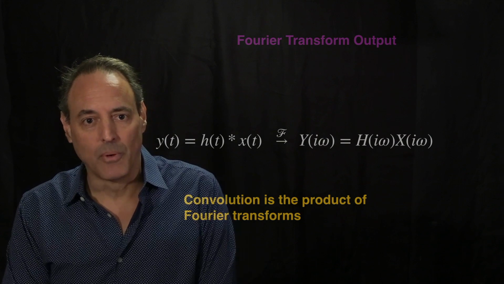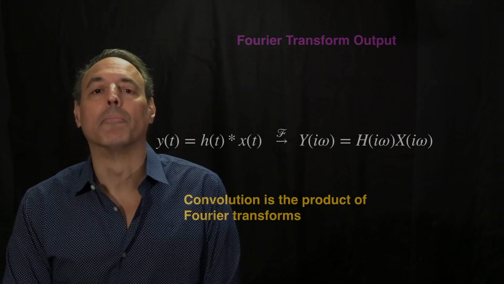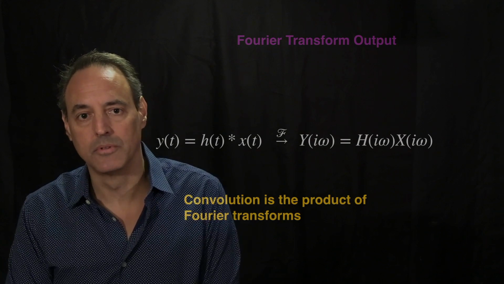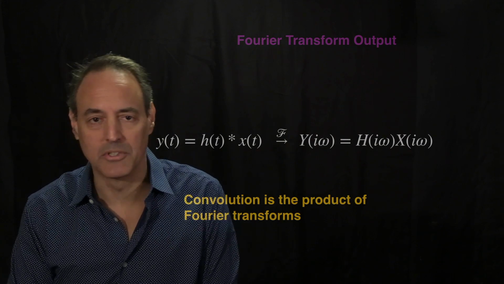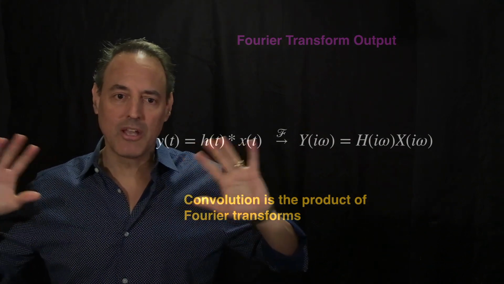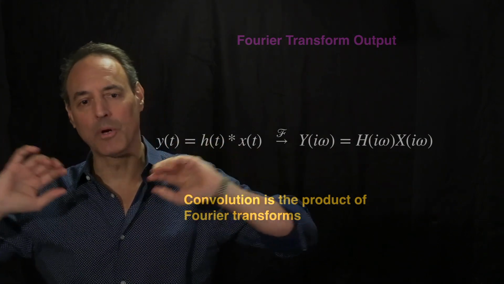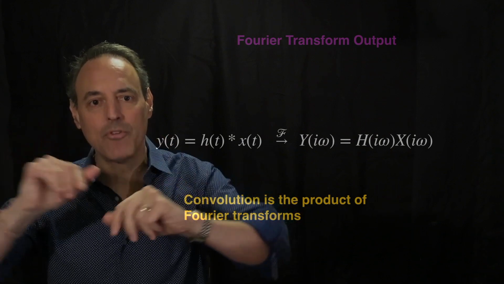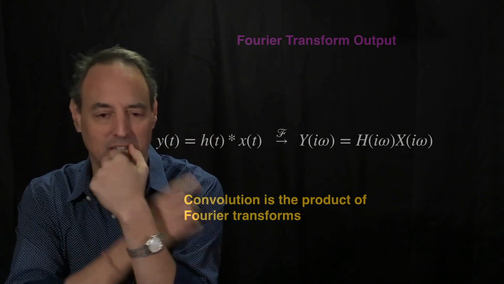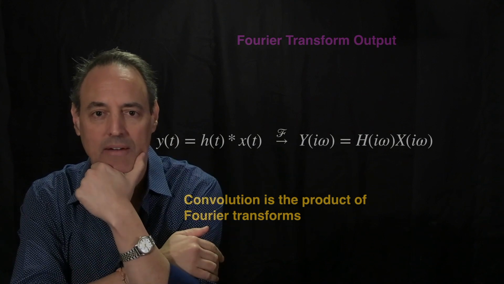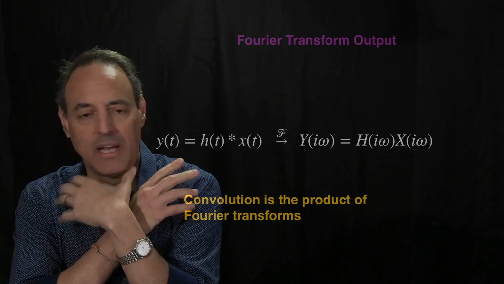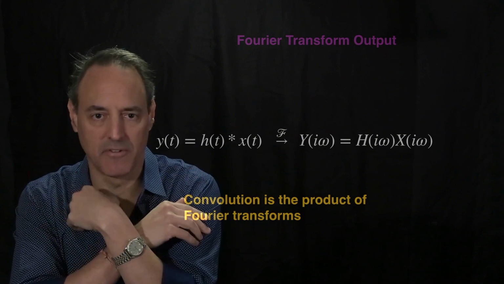This is the important point. Convolution is the product of the Fourier transforms, and we're going to use that all the time. It's a much more efficient way to do signal processing. Again, if you think about this entire philosophy, what we're going to try to do is say, if I move into the Fourier domain, what are the benefits? Well, right here is one of the big benefits that you have available to you. For LTI systems, this is a huge benefit